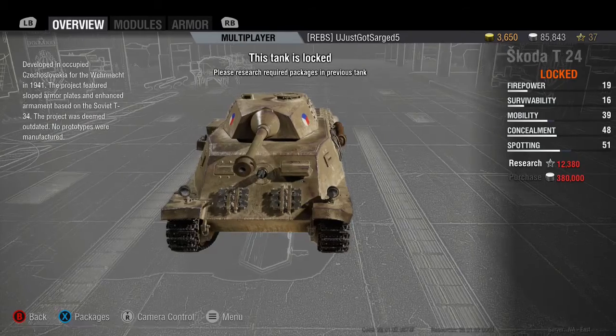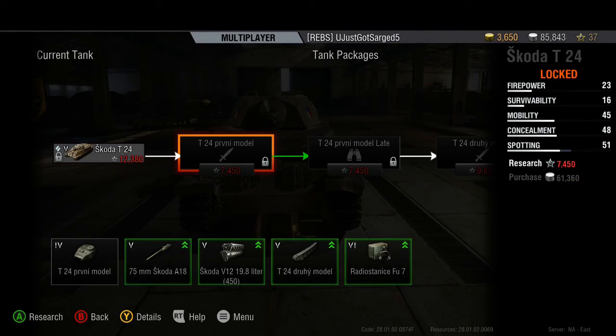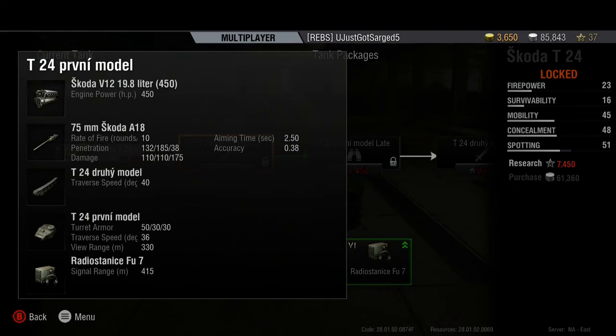Turret looks pretty sweet. I like the way the turret looks. Now let's take a look at the packages. We upgrade to a 75. Well, it's still a 75, but let's see the difference. Oh, we can't look at the exact stats of that gun. Oh, we get 10 rounds per minute, 132 millimeters of penetration with regular ammo, 110 average damage, 185 penetration with